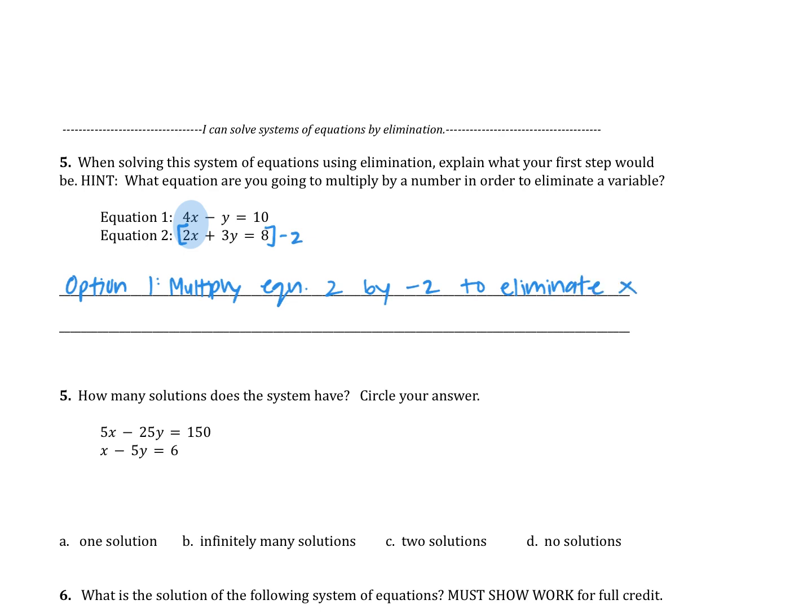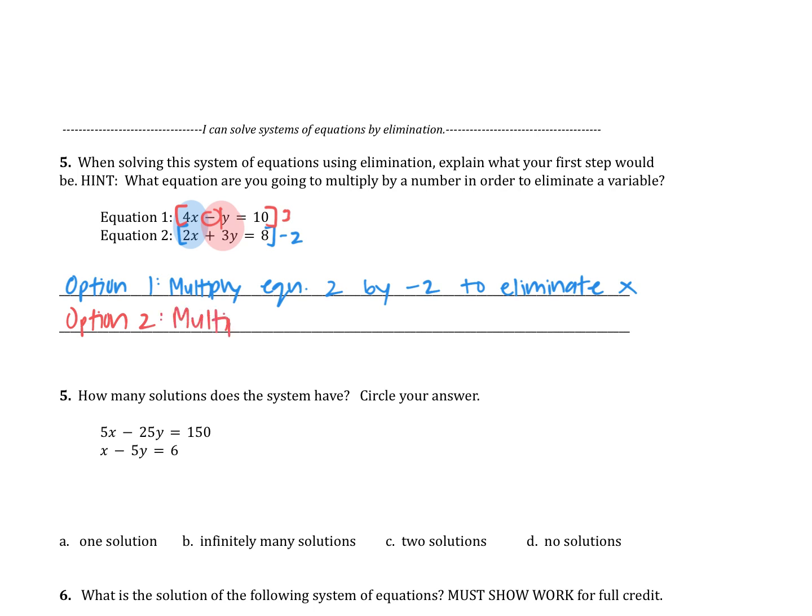the x variable. Okay, option number 2, if I look at my y's, I need to make 3 have an opposite coefficient, so it needs to become -3. So I could also multiply this entire top equation by not -3, but +3, because this is already a -1. So that would be option number 2,